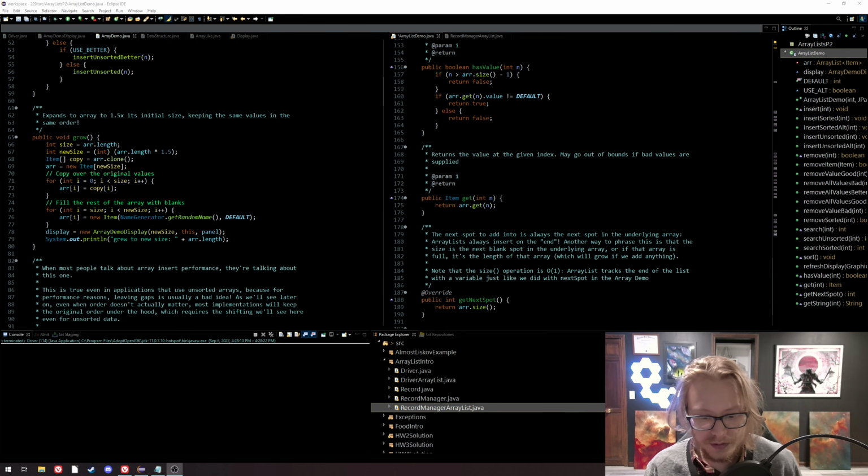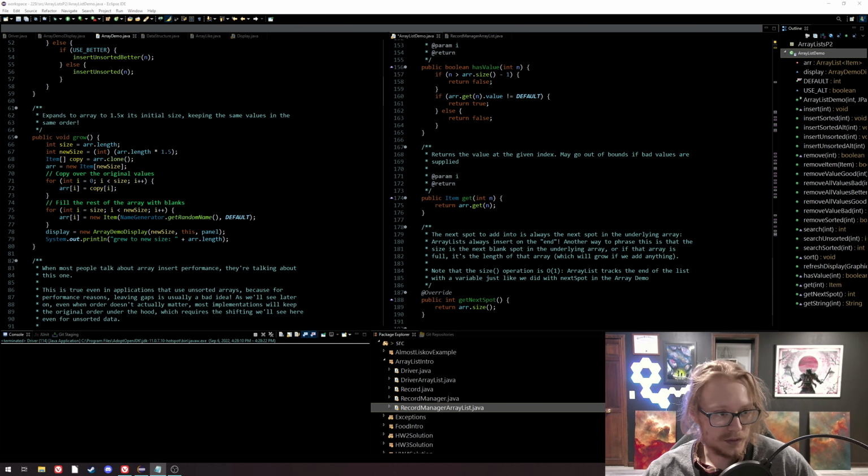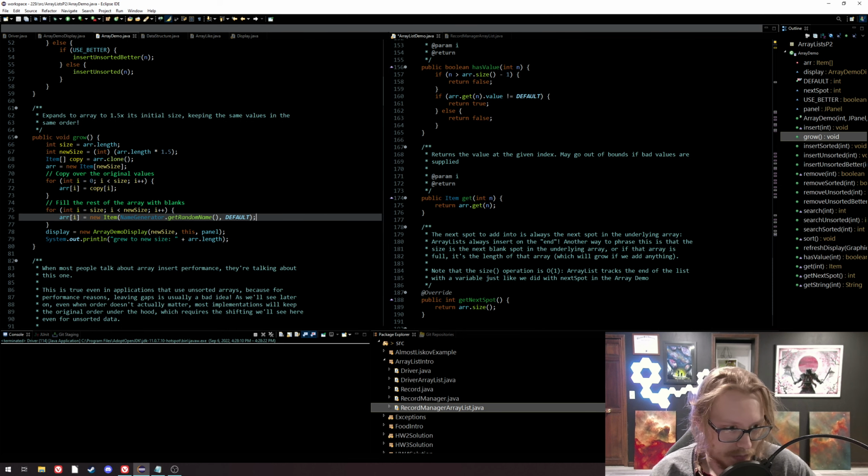Today we're going to talk about array lists. But first, we're going to go back and finish our arrays example a bit. I have made some changes this time around. The arrays example is on the left, and the array list example that we're going to put together is on the right. The first thing I want to talk about is how we would actually grow the underlying array,